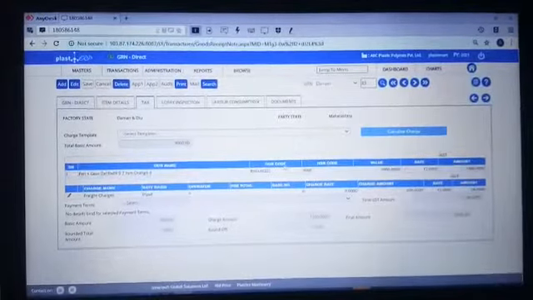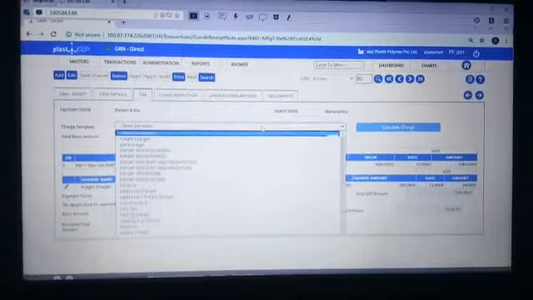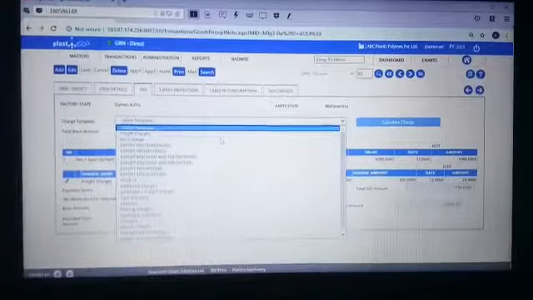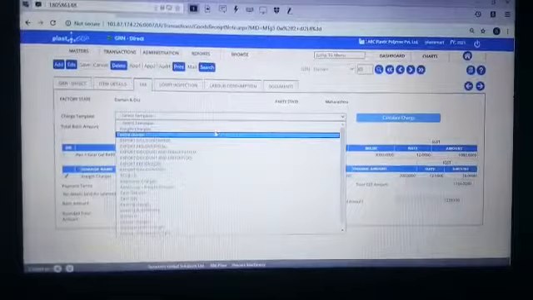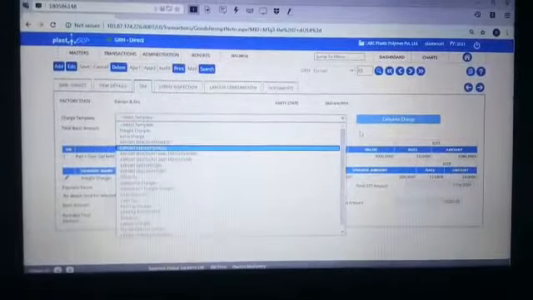Now the tax tab. In the tax tab, charge template. Here the user can select any charge template. When the user selects the charge name, the charge rate and charge amount are displayed here.